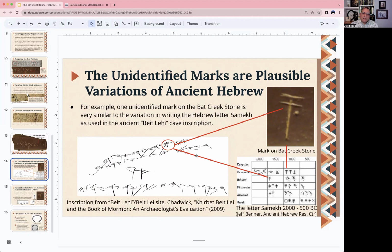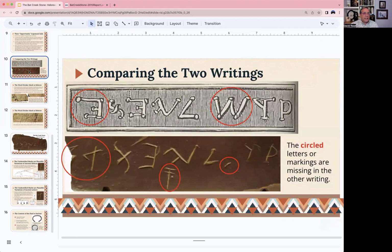In addition, there are some that think that the Mulekites may have been Phoenicians or relate to the Canaanites. The Phoenicians, Canaanites, and the Hebrews used a similar alphabet, but there were some differences. In the Canaanite version of the Samekh, starting around 1000 BC, one of the versions was to have 2 lines and then a little bit something underneath. So it turns out that this symbol that's on the Bat Creek stone is a plausible variation of ancient Hebrew or Phoenician. Now we'll look at the third symbol that was the added symbol on the Bat Creek stone,